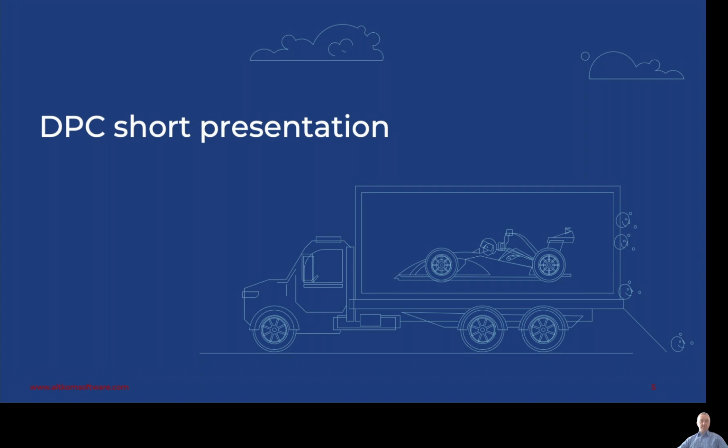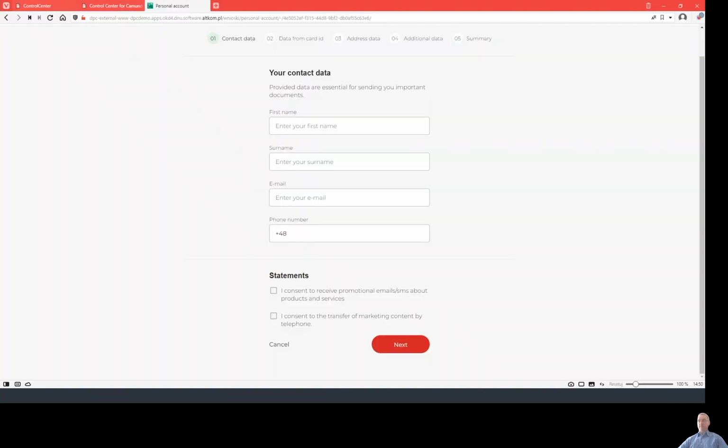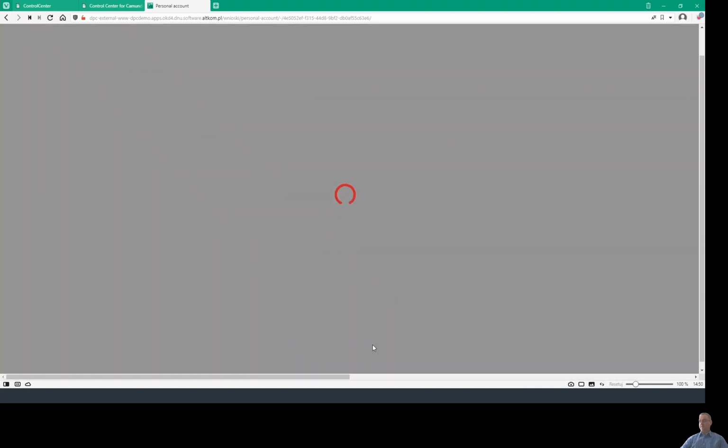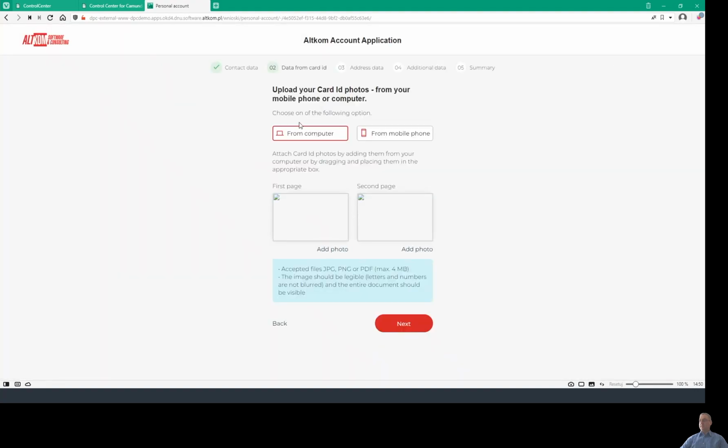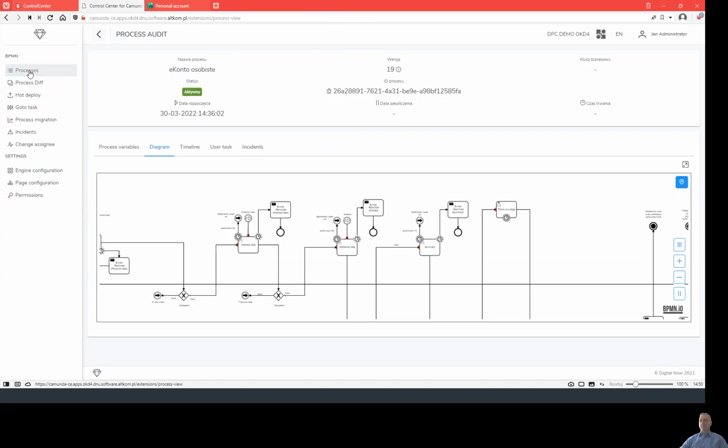Okay, let's start our sample application form. This is the first screen, and I provide my personal data, check the required consent, and select third. Okay, this is the second screen, so let's move to Control Center for Camunda and check the